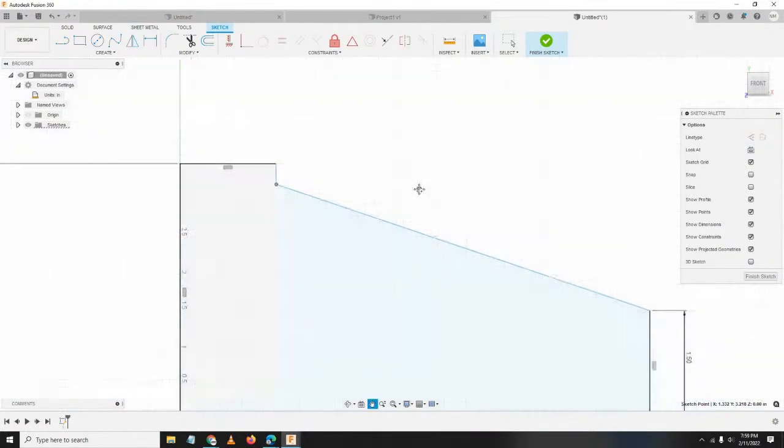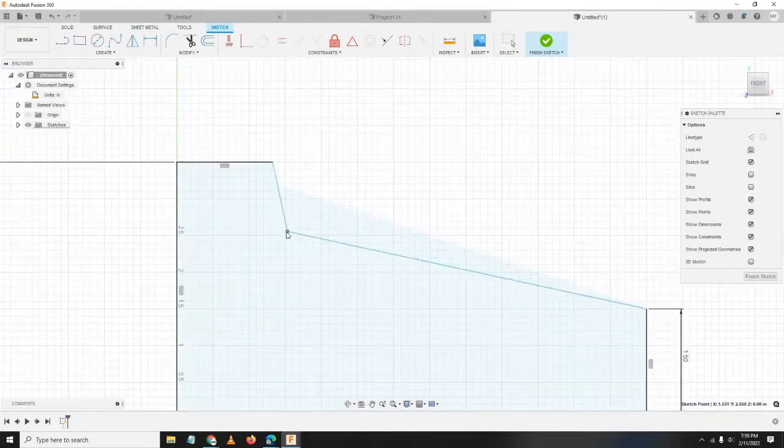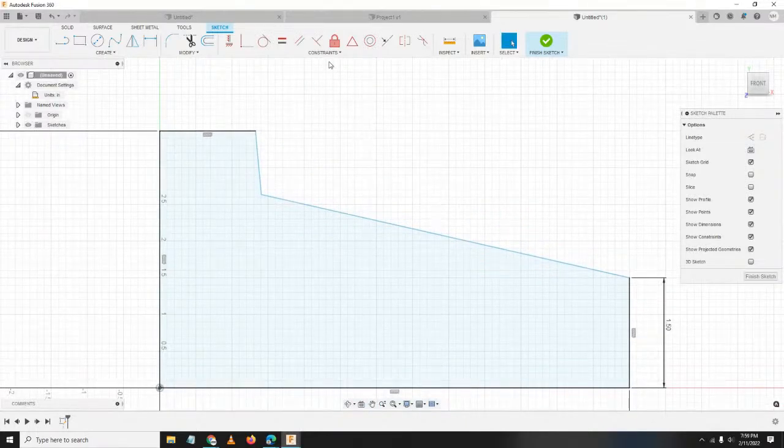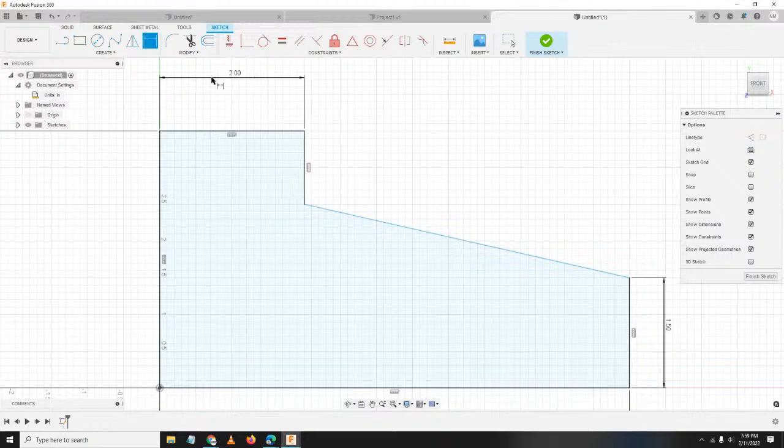Ayan. Tapos, so slant siya, no? Pansin nyo. So, grab natin yung ating horizontal, vertical constraint. Select natin tong line na to. Okay? So, last, press D for dimension, selecting this line, and key in 2. And hit enter.